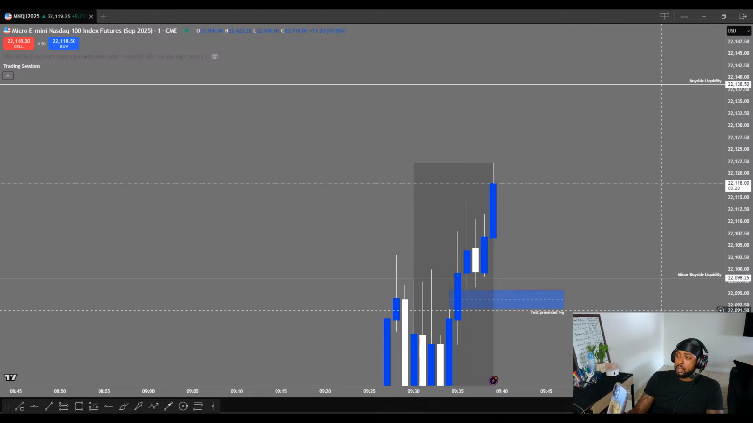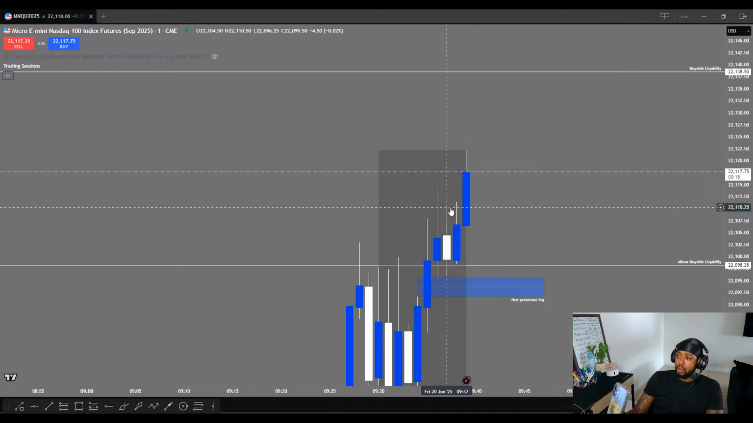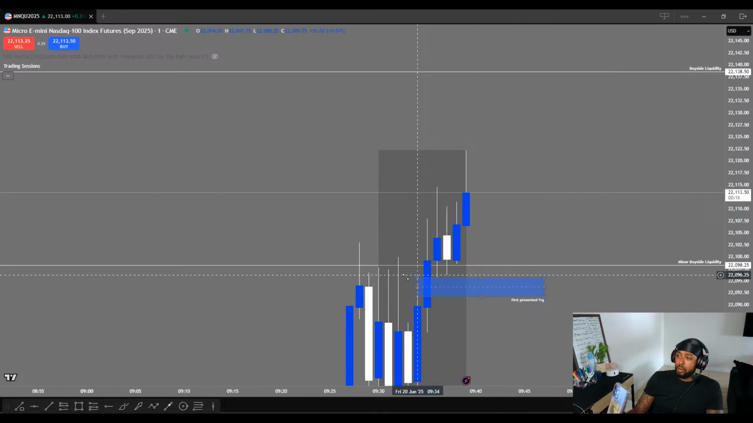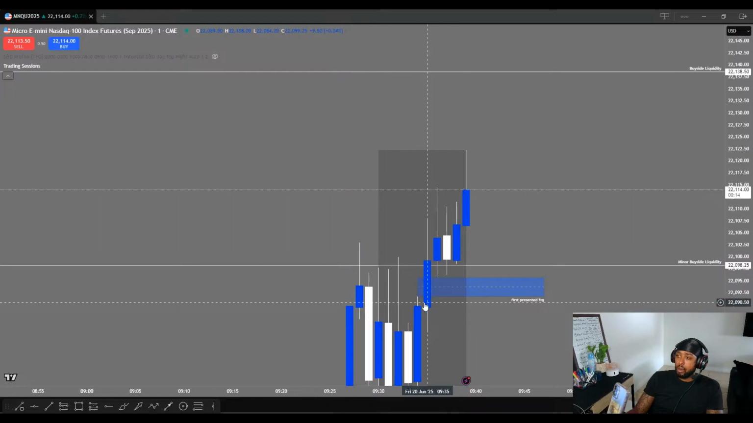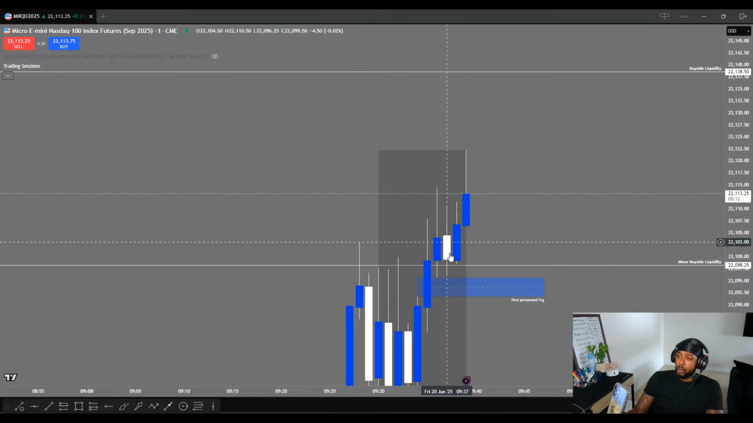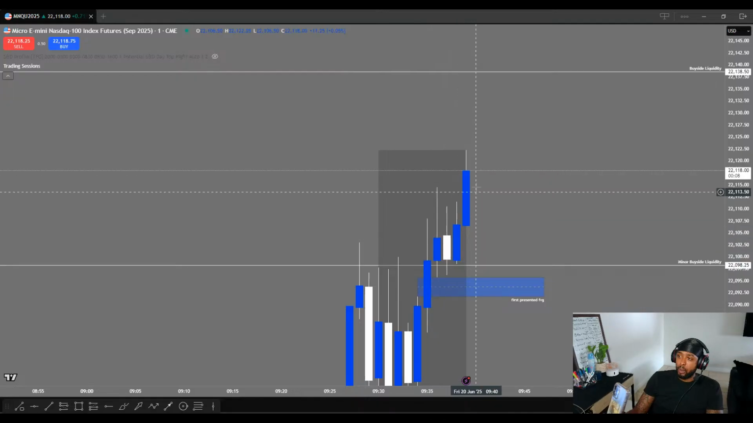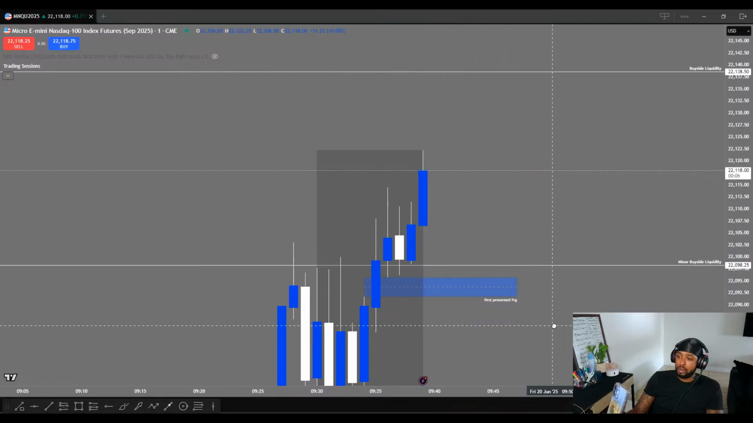So this is a good displacement. So we get a sweep, right? We get an expansion. We get the first presented fair value gap. Then we get a down close candle, and we get an expansion. This is an order block,